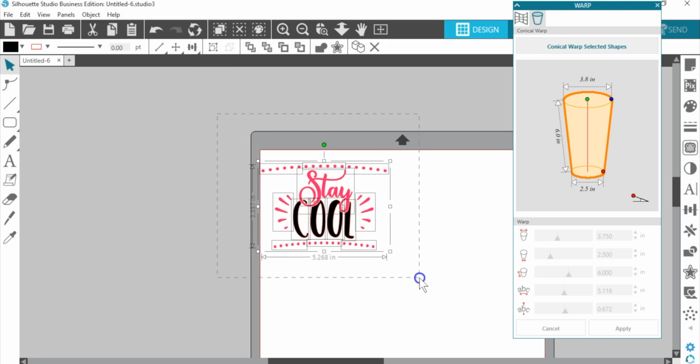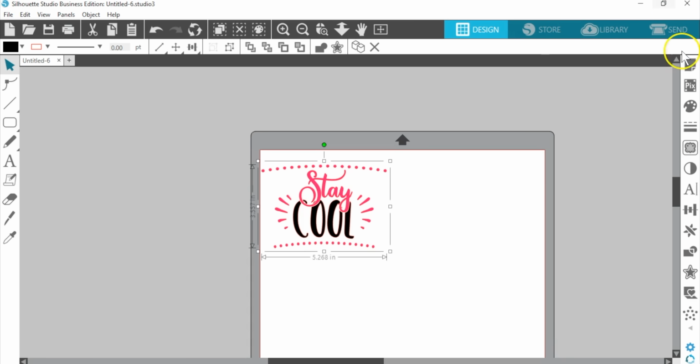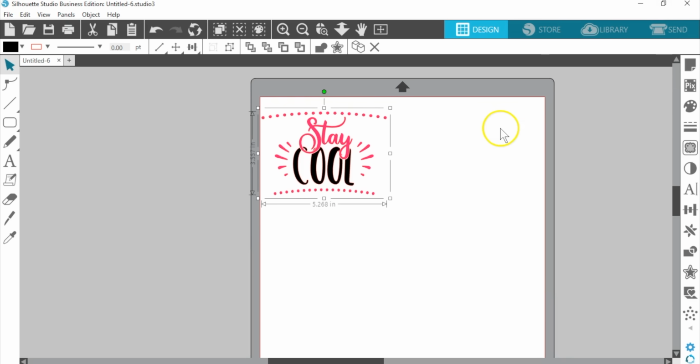And we're going to select all of it and group it. And now we're ready to cut the design. And with a layered design like this, I actually like to cut by fill color. And so let's go make sure that our page setup panel is set for the vinyl that I've got ready to cut. So in the page setup panel,